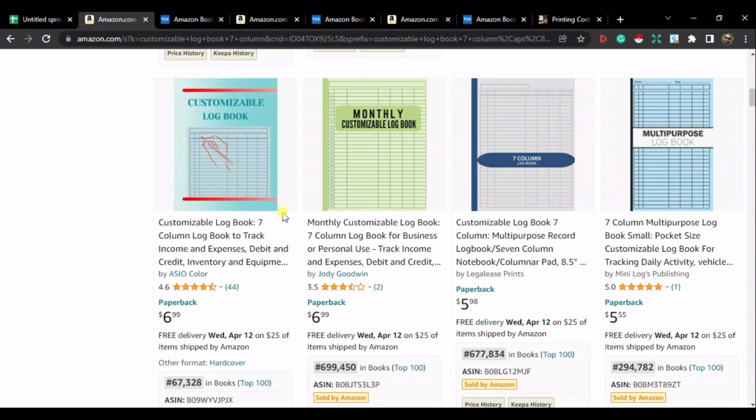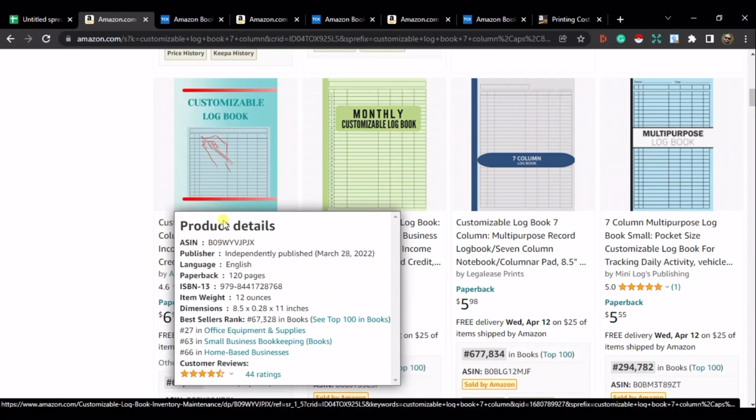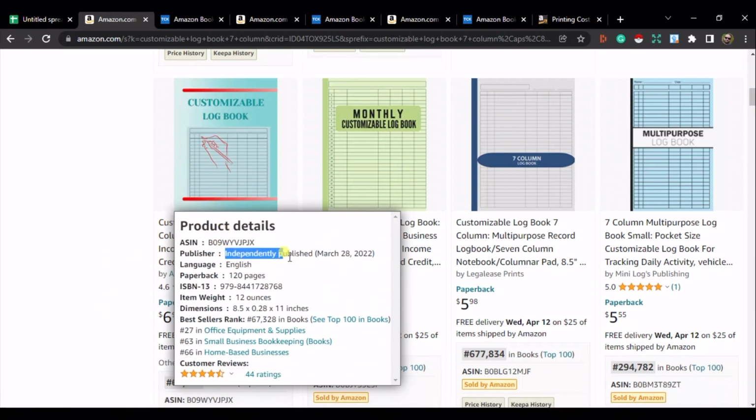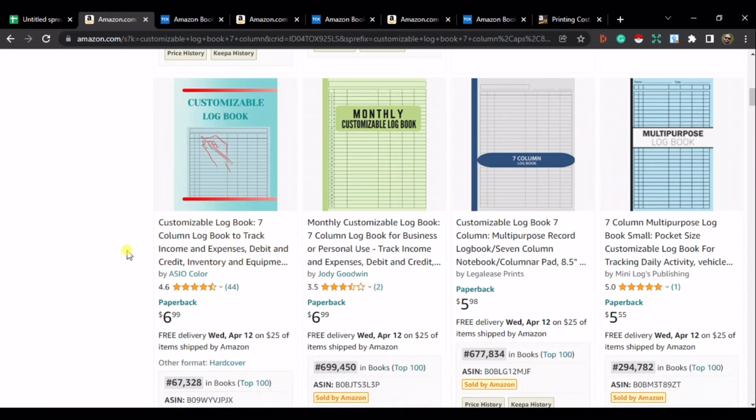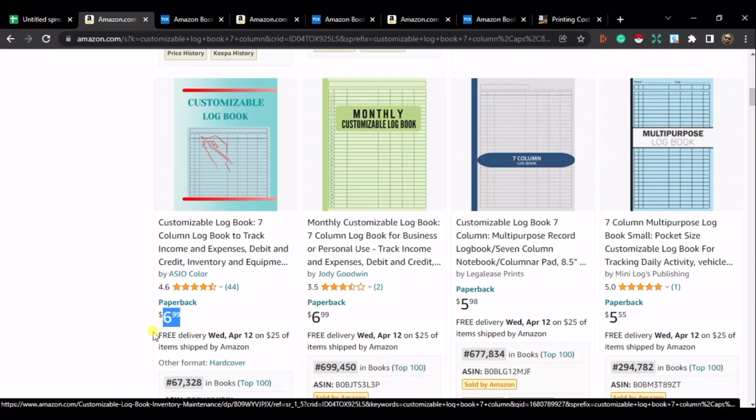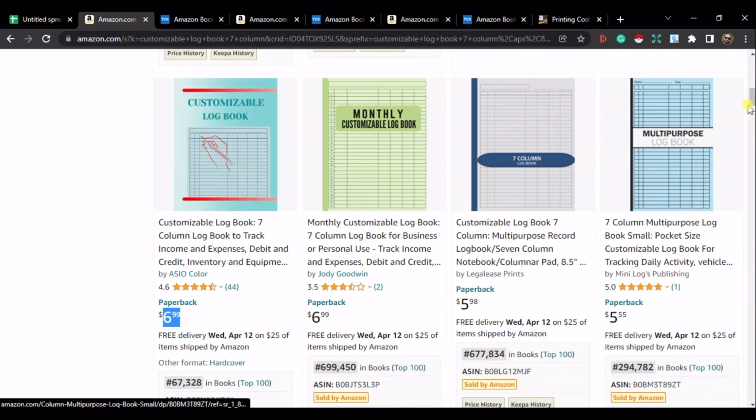Okay, so if we look at one specifically, this one here, as we can see, it's very simple. Customizable logbook, 7 column logbook. It's been published for about a year, again independently published, someone like me or you, and it's about 8.5 by 11 inches and 120 pages of those blank columns. $6.99 for sale, and as you can see here, it has a bestsellers rank of